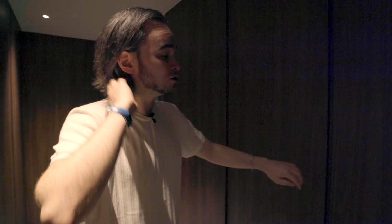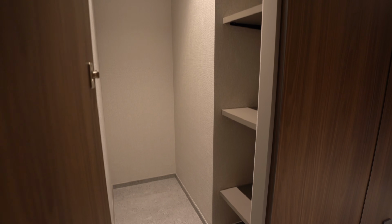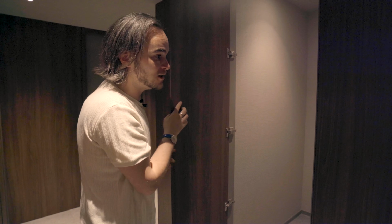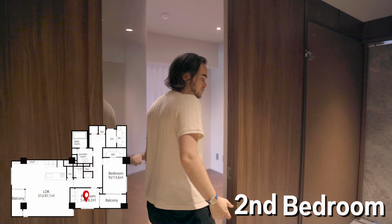It's right down here. But before we do that, I wanted to show you, as I said before, the theme of this place is hidden storage, and you have a lot more storage in here. This could fit, I don't even know what you could put into here. Skis, suitcases, anything large. If you have a TV you don't need, you could just kind of shove it in there too, I guess. But yeah, come on, let's come over here and see the second and last bedroom, which